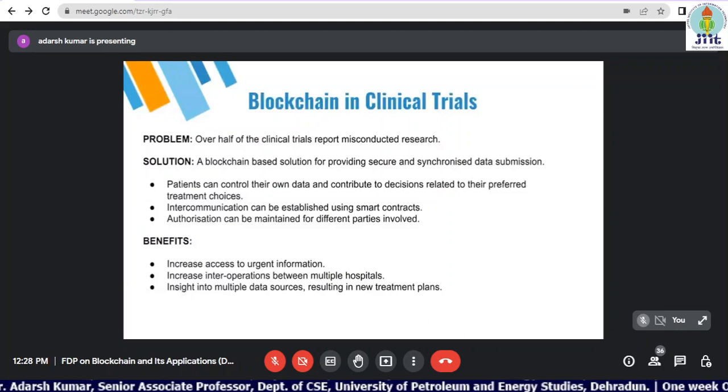With the help of blockchain technology, we can store the record: which equipment was used to scan the patient, at what time it was scanned, how much time the machine took to scan the patient, whether there was repetition in the experimentation, what the conclusions were, who the right authority is, whether the right authority has given the right time to sign the report, and whether the right, well-educated person has seen the report and then forwarded it to the right hands. All will be digitized and recorded, so that way we will have more trust in the healthcare system. Right.